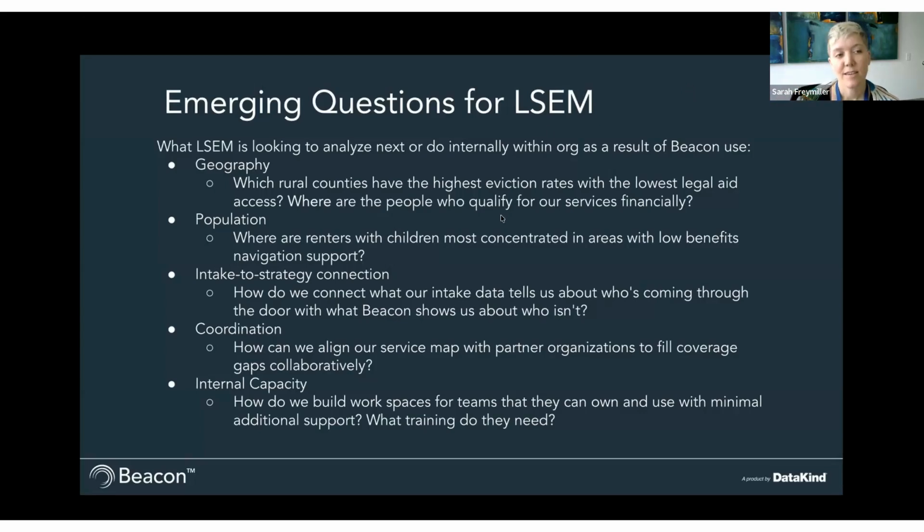So Beacon does have indicators that show below poverty level. And I think that's a good general indicator that these people would probably qualify for legal aid. We can also think about specific to our health and welfare program, so public benefits cases, where are people who have children living who may not be, we may not have as many cases in those areas. Because it may be that we, again, reach out to schools and to other partners in those areas to let them know about our services and to try to get the word out.